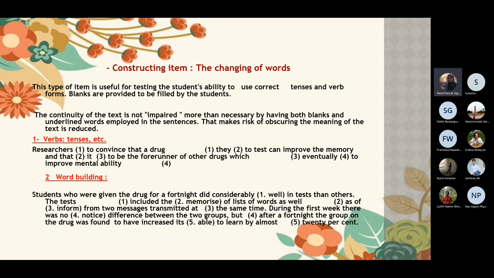Mainly, it's about changing the structure according to the grammatical form that's supposed to be used. During the first week, there was no noticeable difference between the two groups. But after a fortnight, the group on the drug was found to have increased its ability. Able is going to be changing into ability to learn by almost